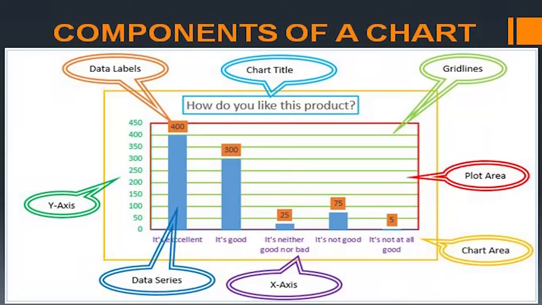And next one is data series, which means the blue color line is the color of the line, the data series, showing how much the data will be, up to 400. The line is in that way, the data series will be seen. Y-axis means the vertical axis, like horizontal it is there, y-axis means it's a vertical data.